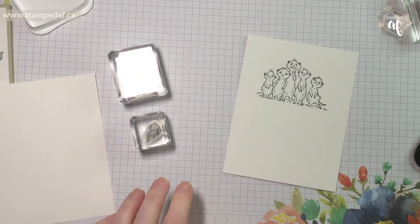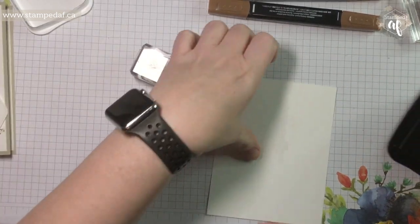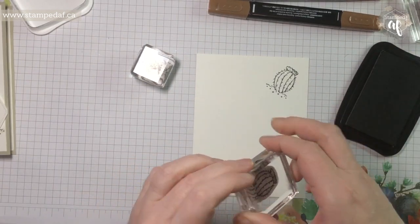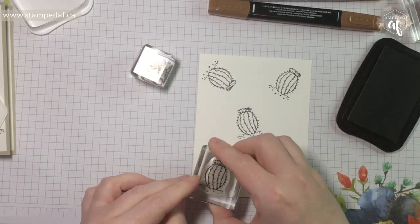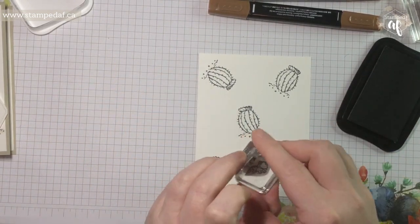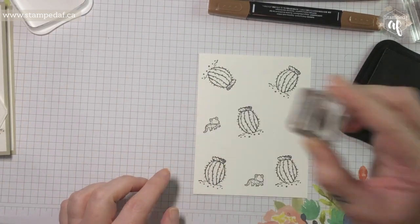Okay, and we'll let that sit and dry for a few minutes. We'll use the soft suede combo pack. Now for this piece, we're just going to stamp the Cactus 4 or 5 different times, turning it each time. Okay, and then our little Gecko, I could have actually turned one of those. We'll do one down here, one up there,